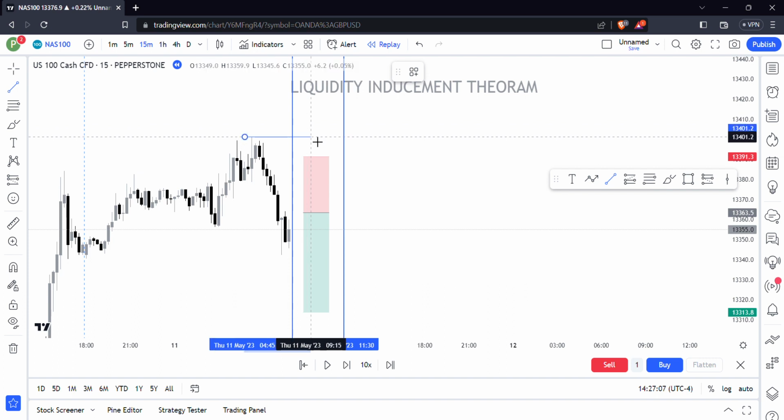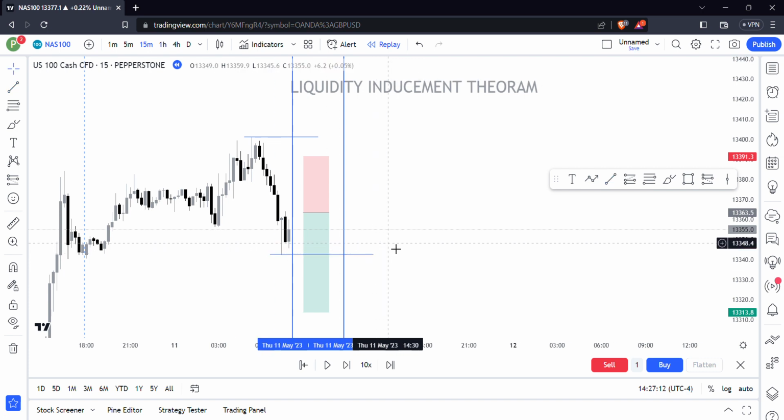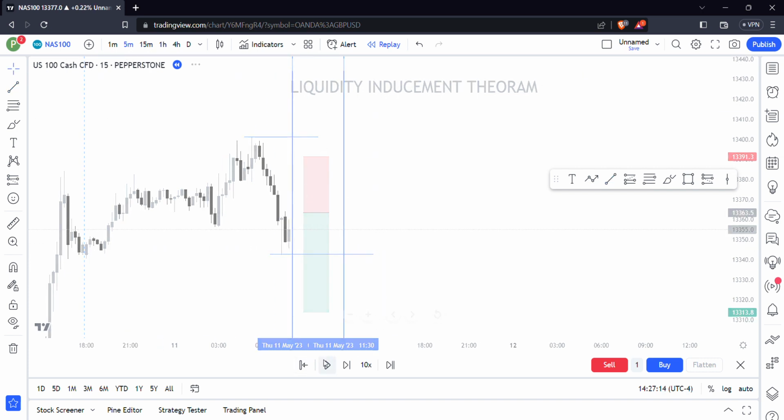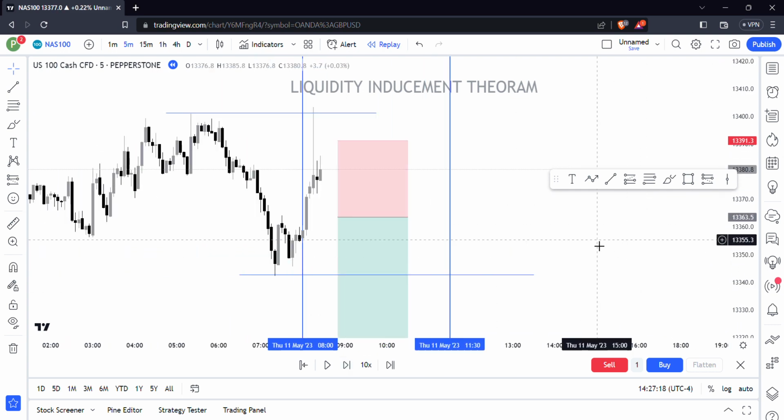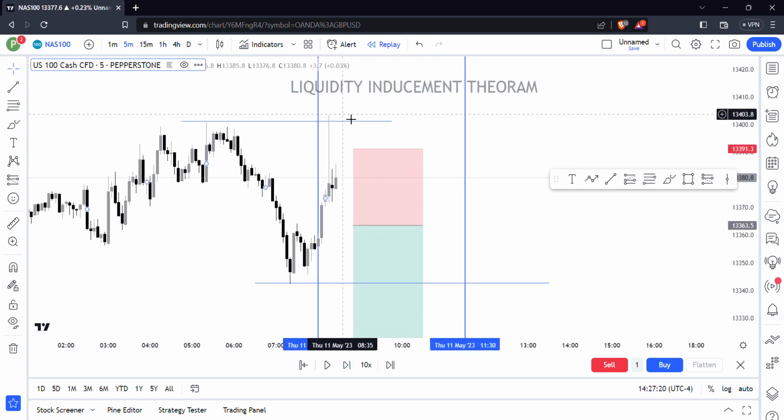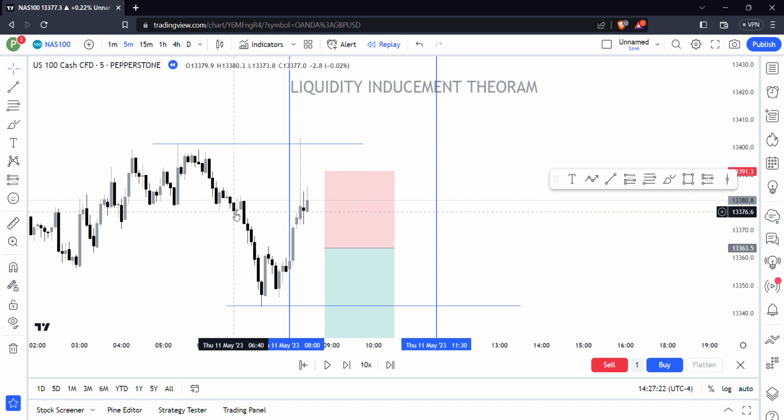The simple thing is, I always mark the liquidity points before going into the session. These are the liquidity points I have before I go into the session. I patiently wait before any liquidity is taken out. See, the buy side liquidity is taken out. Ask yourself, when the buy side liquidity is taken out, what liquidity should you target? Of course, the sell side liquidity, right? Any trader can know.